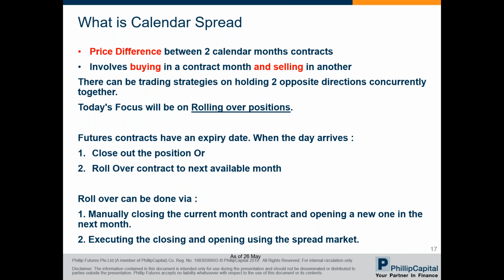As mentioned, futures contracts have an expiry date. For all the CME Index Futures, micro or E-mini, this will be the third Friday of the traded month. I will show you later on the Nova platform where you can find this last trading day info. When this day arrives, you can close out the position, or if you wish to maintain the position, you need to do a rollover of position to the next available month. This is not automatic. You have to do it yourself.